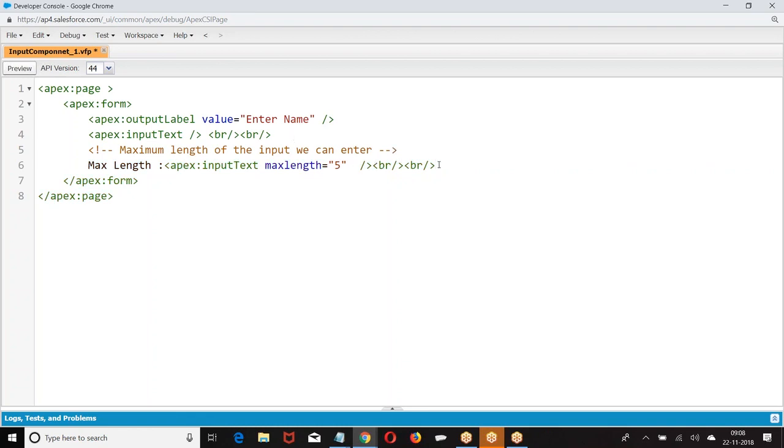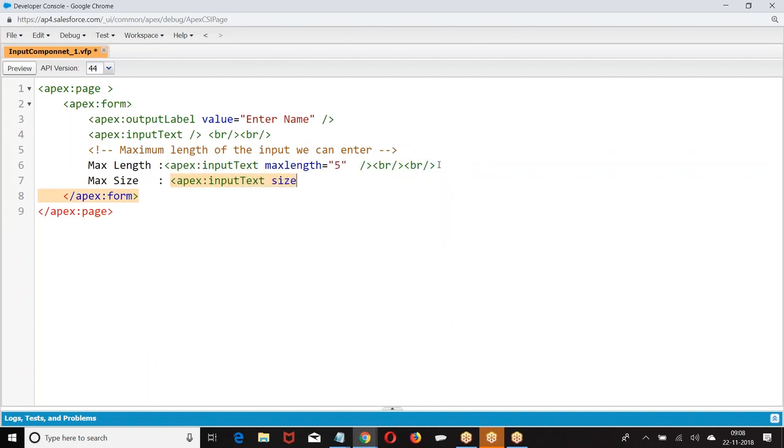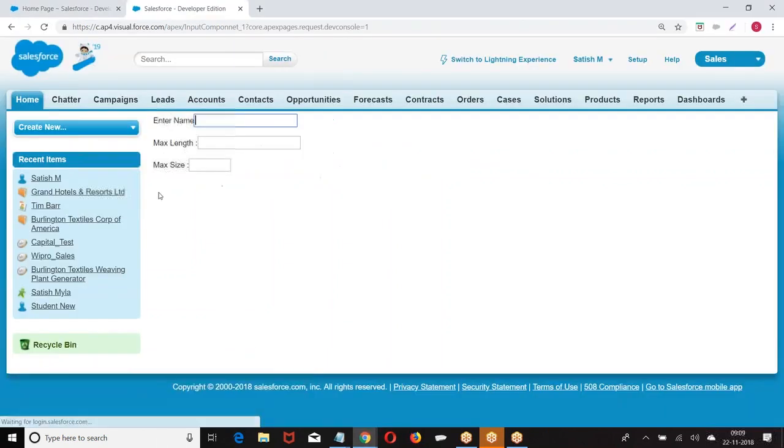Then I have the next one, size. Input text, size equal to 5. Now I'm entering the input. It has nothing to do with the length of the input.